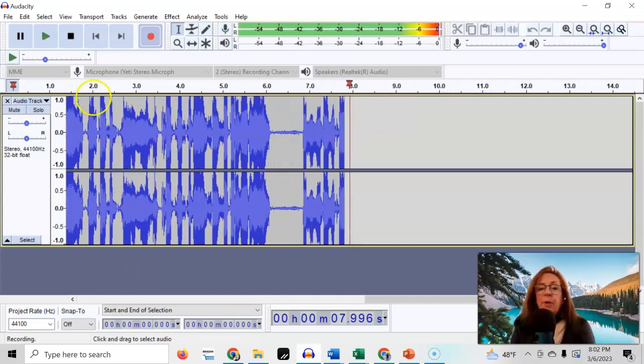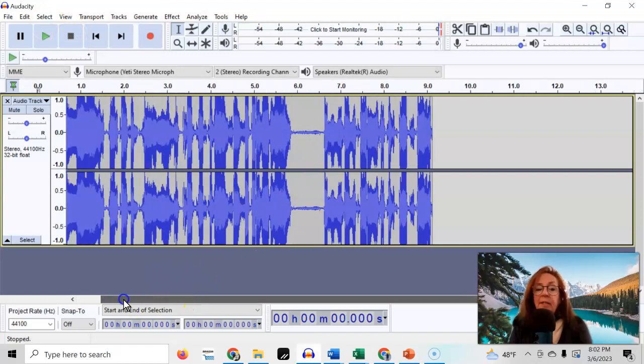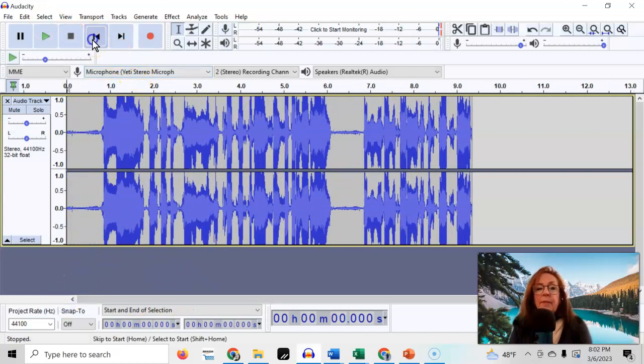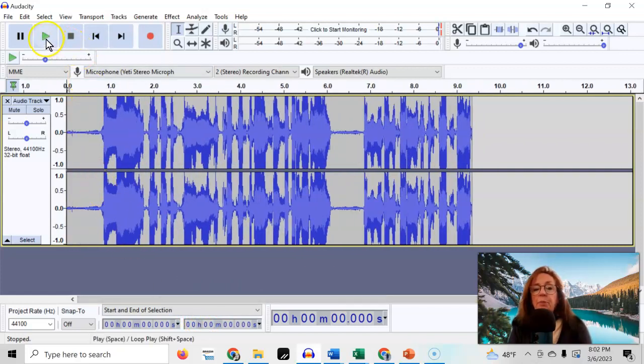Then when you're done recording, you hit this black square right here and it stops. Then you can go back to the beginning. You can either hit this button or you can take this bar here to slide you back to the beginning. And when you push play,